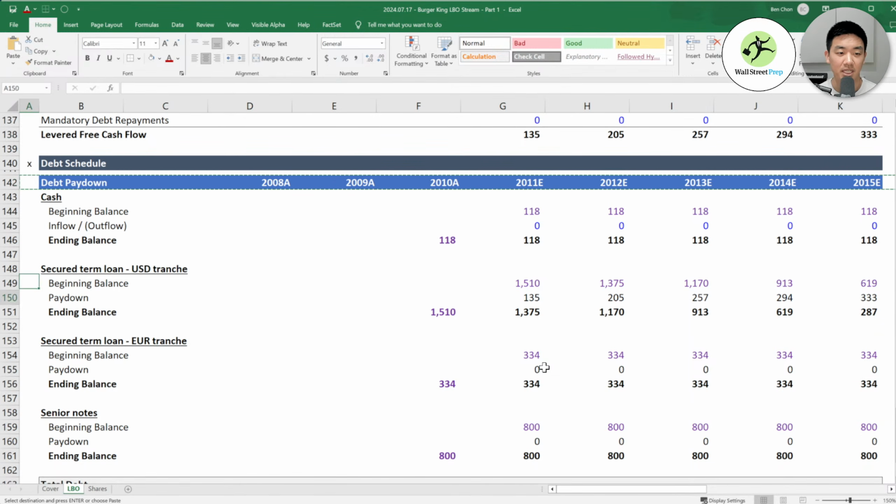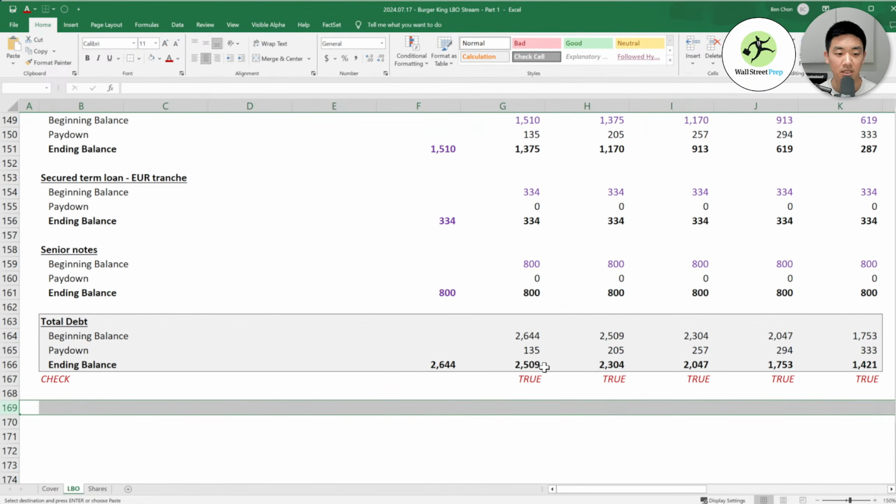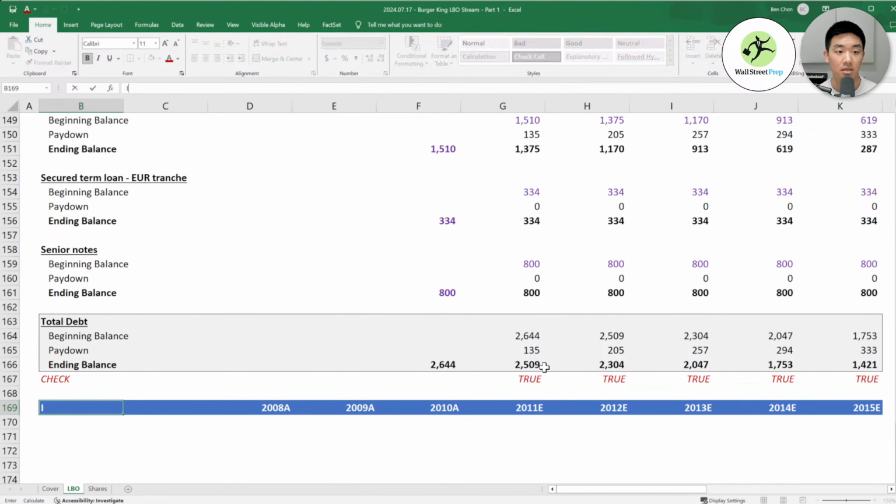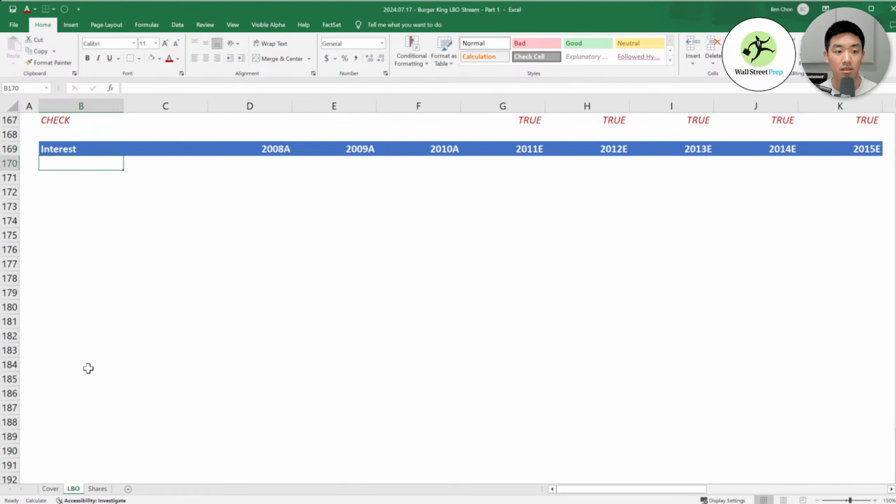Calculate our interest. This is where things get a little bit interesting, in my opinion. For interest, there are a few things we need to do here. I'm just going to write all of this stuff out first.